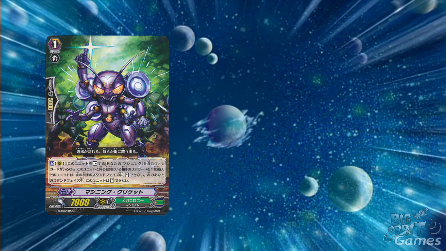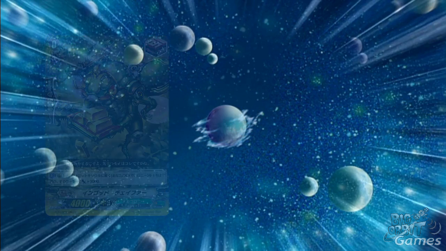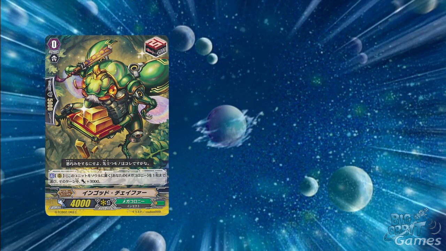He's a grade 1 with the act ability to rest himself if you have a Machining Vanguard to paralyze both one of your opponent's units and this unit. He's useful in some situations, and at least Little Bee and Firefly can let you use this guy a couple of times a turn. Ingot Schaefer is a new draw trigger for Mega Colony and has the ability to go